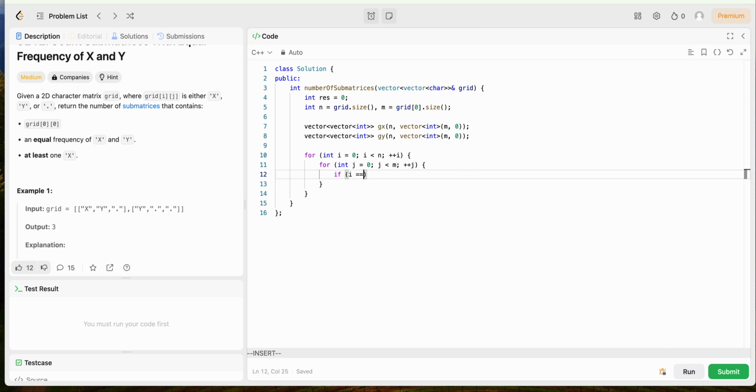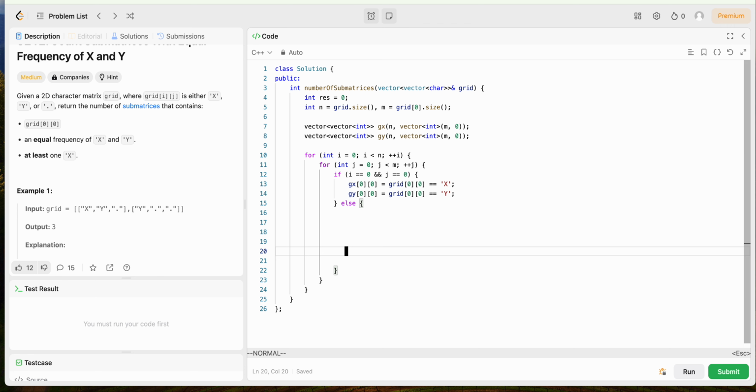If i equals 0 and j equals 0, then gx 0, 0 equals grid 0, 0 equals x, okay? And how about gy? gy is equal to grid 0, 0 equals y. Okay, and otherwise, what shall we do? So